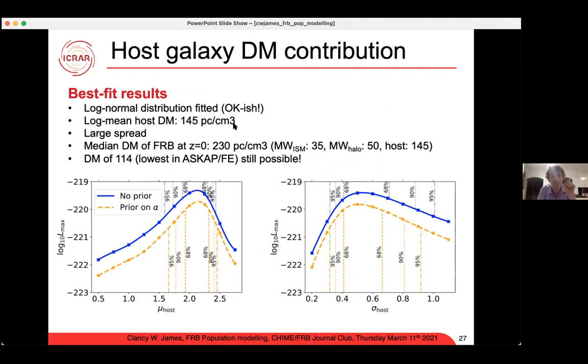So a pretty significant amount, right? Which is generally more than you would expect from the Milky Way. But keep in mind here, host includes the local contribution from the bursts themselves, right? So here, host means the progenitor, the stuff around it, the host galaxy, the halo of the host galaxy, and even technically everything in the cosmic web that is in excess of a random point that you pick in the cosmic web, right? So that's what host means.